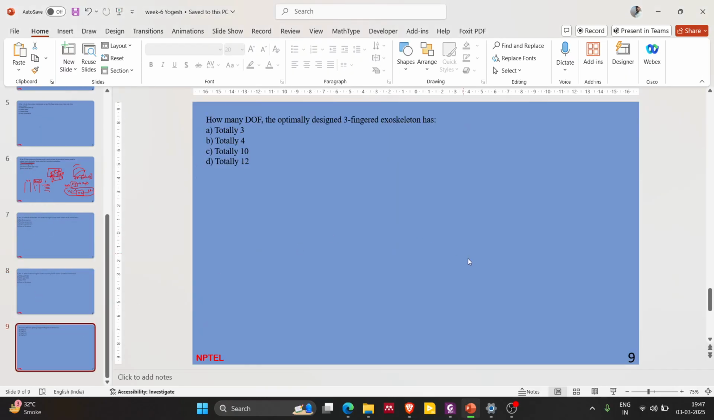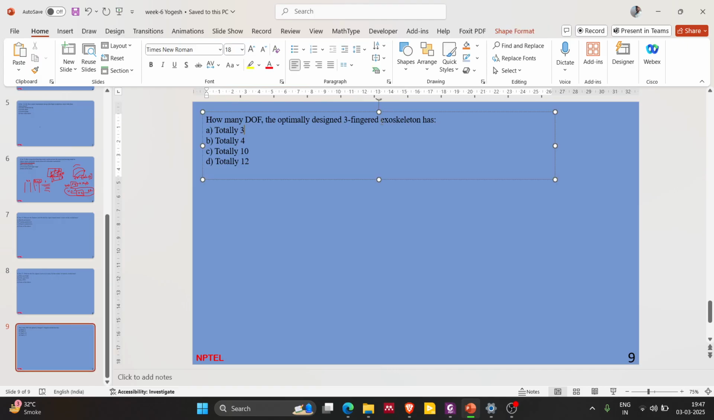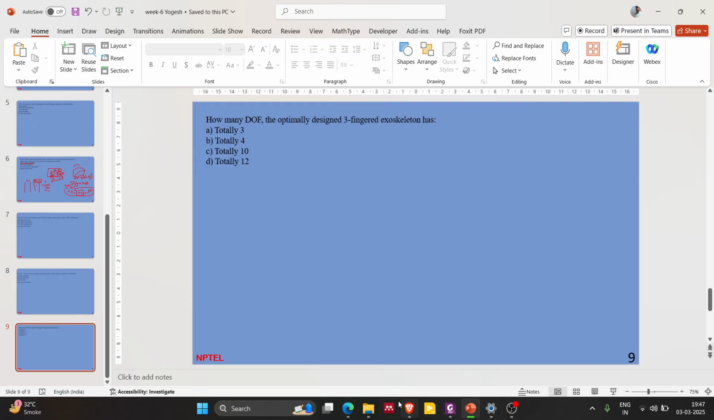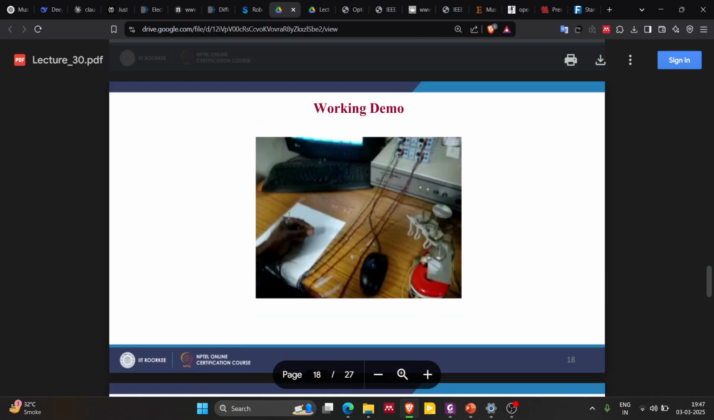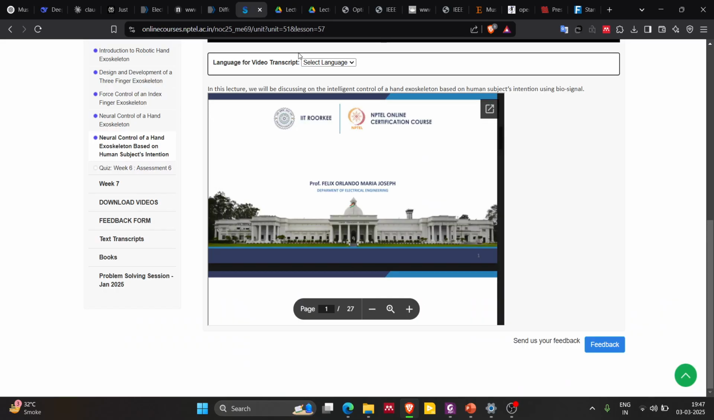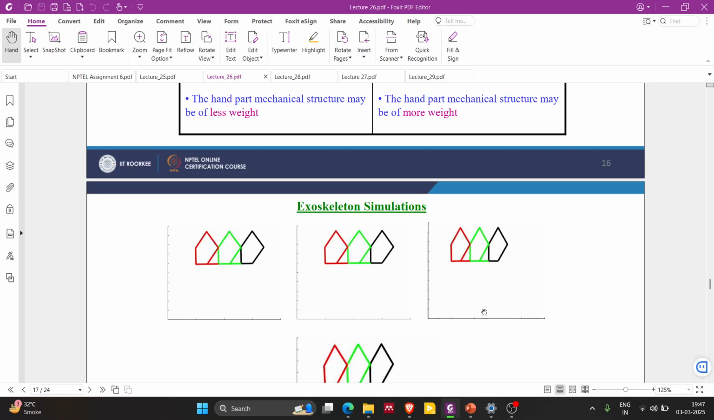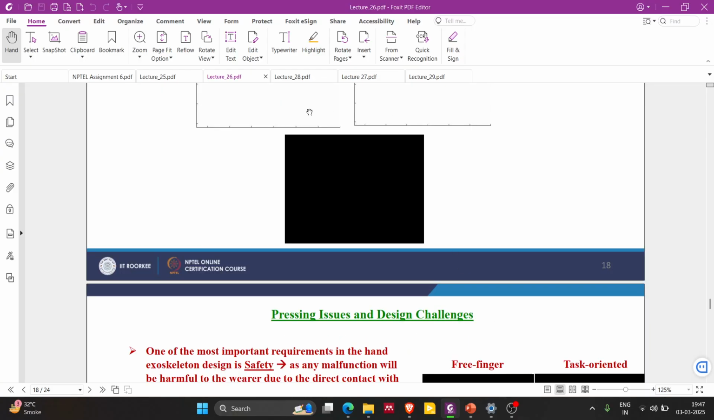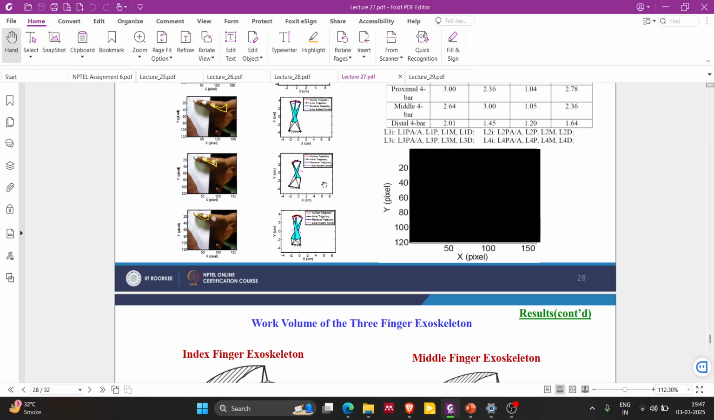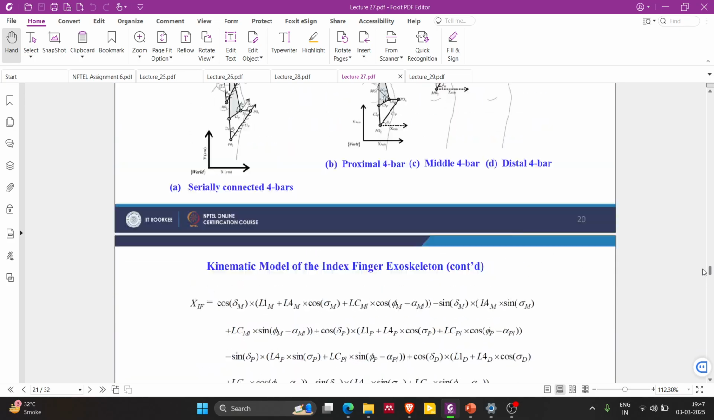And coming to the last question: how many degrees of freedom does the optimally designed three-finger exoskeleton have? Any idea? For this kind of thing, again, you need to refer to those lectures. This lecture is based on, I think, week 27. Because in week 27, if you go through it,